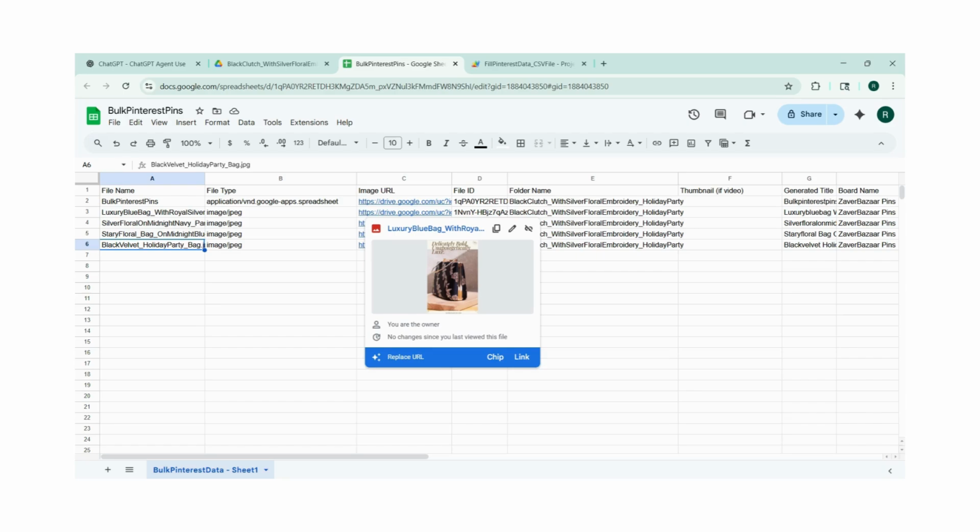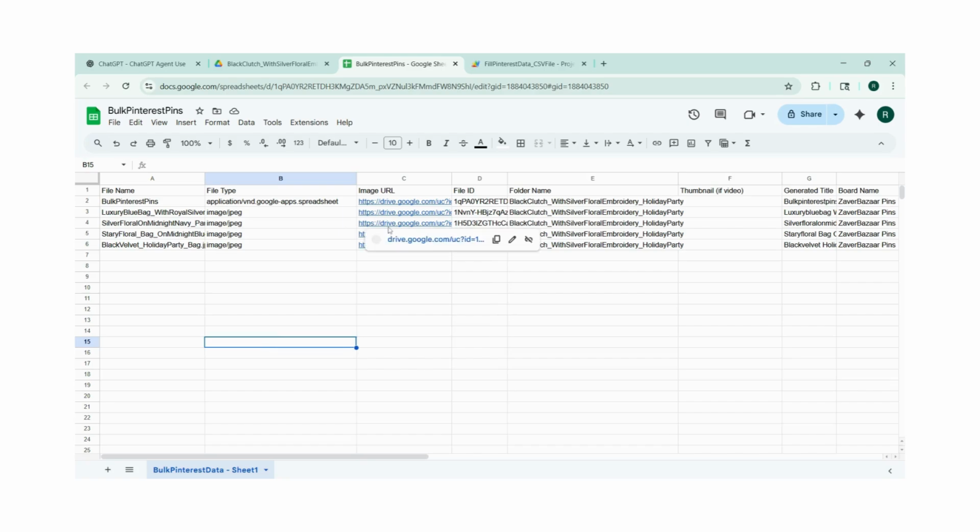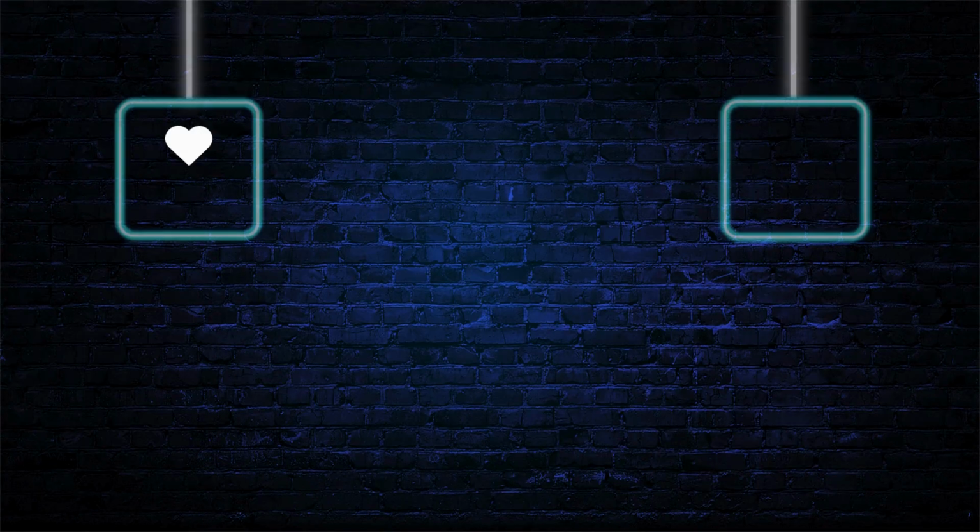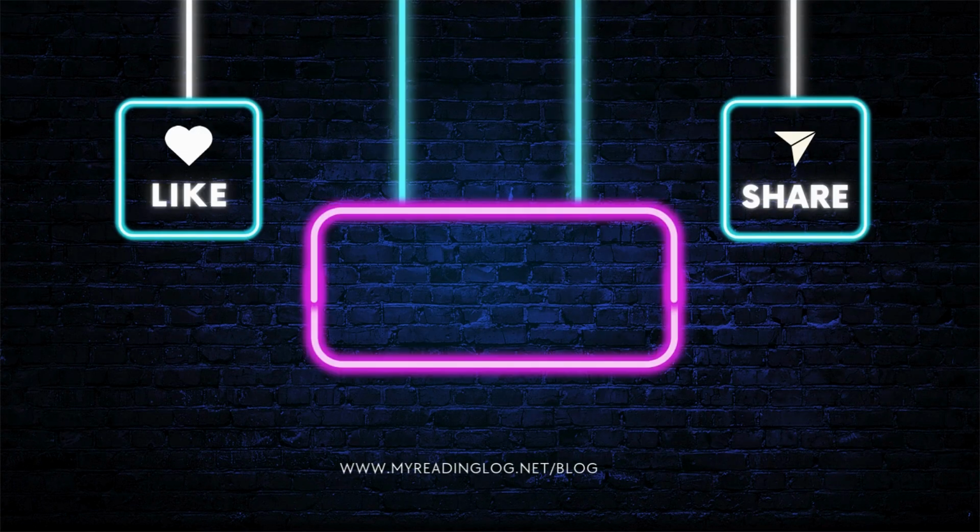We can see the AppScript has filled this spreadsheet with data pulled up from the Google Drive folder. No more manual, tedious, time-consuming task. Get this file to upload your bulk pins. I hope this tutorial helps automate your Pinterest workflow and boosts your shop's